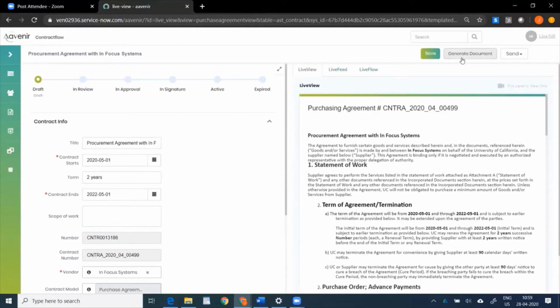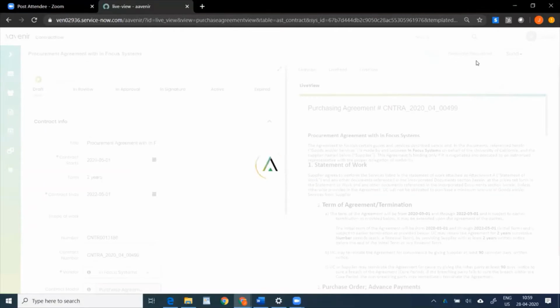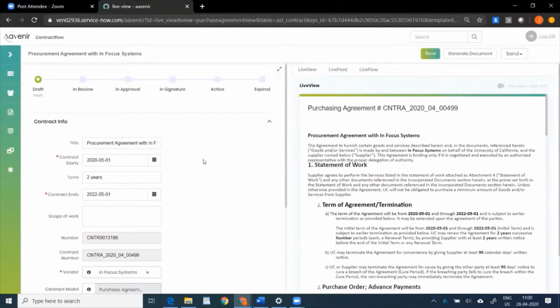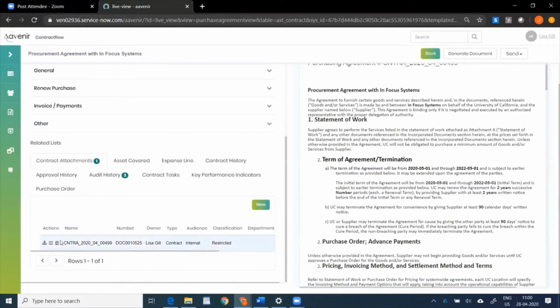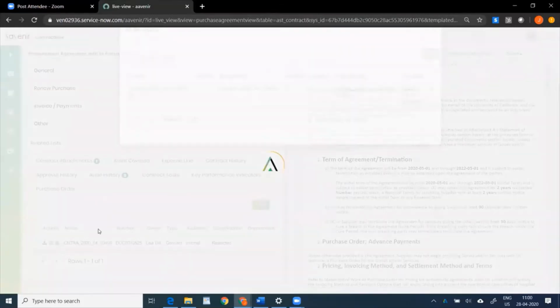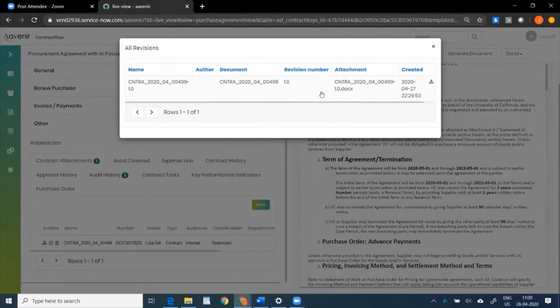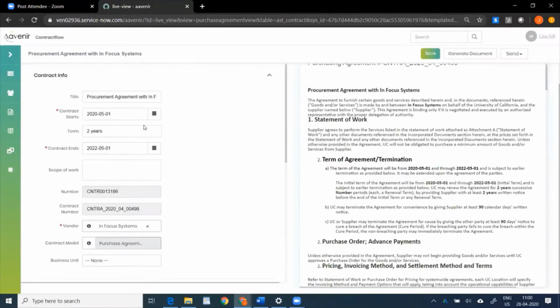Let's say I'm ready to send it to the other party for negotiation. So I click on generate document. The contract is automatically created and attached to this contract record. As soon as the system comes back to me, if I go to the attachment, the new attachment is already attached here. If I click on this, you can see the 1.0 is automatically attached in Microsoft Word format. So we have taken the fields from here, taken the language here, combined that and attached it as a Microsoft Word document.